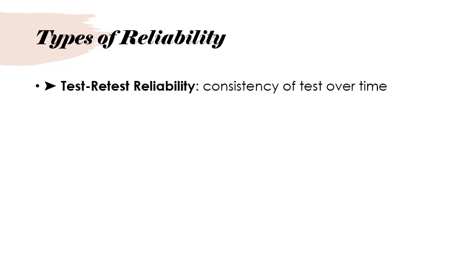One is the test-retest reliability, and this is the consistency of a test over time. So in the reading that we had, it talked about test-retest reliability, but I think one thing that's really important, if you're trying to establish test-retest reliability of a measure, is that you cannot have some sort of intervention in between the first time that you give the measure and the second time. So for example, if I wanted to test the test-retest reliability of an anxiety measure, I would